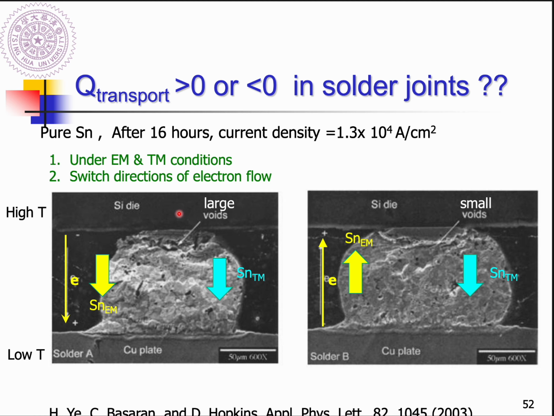So for tin, you can see that the heat of transport is positive because it moves the atoms toward low temperature. So this is how we can directly estimate the sign of heat of transport in the solder bond in your micro device directly. And that's the other concept I want to remind you. This idea is very interesting because